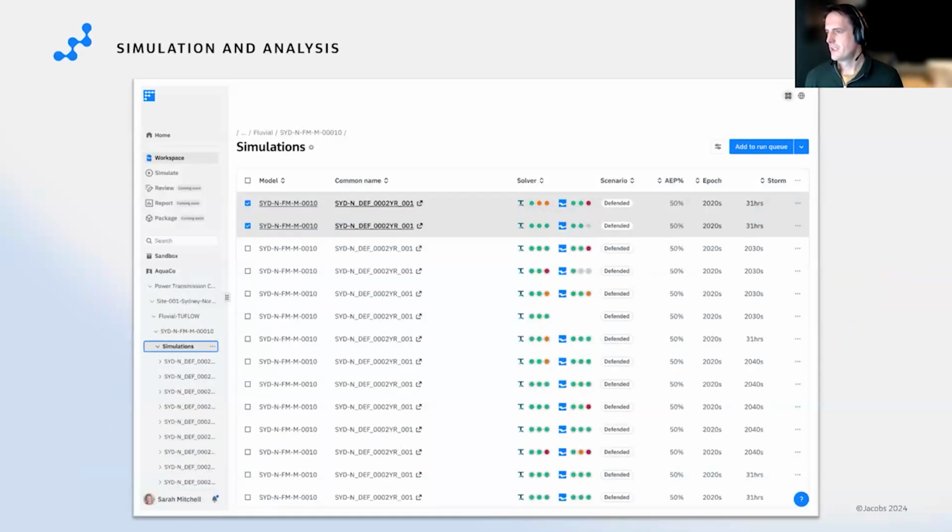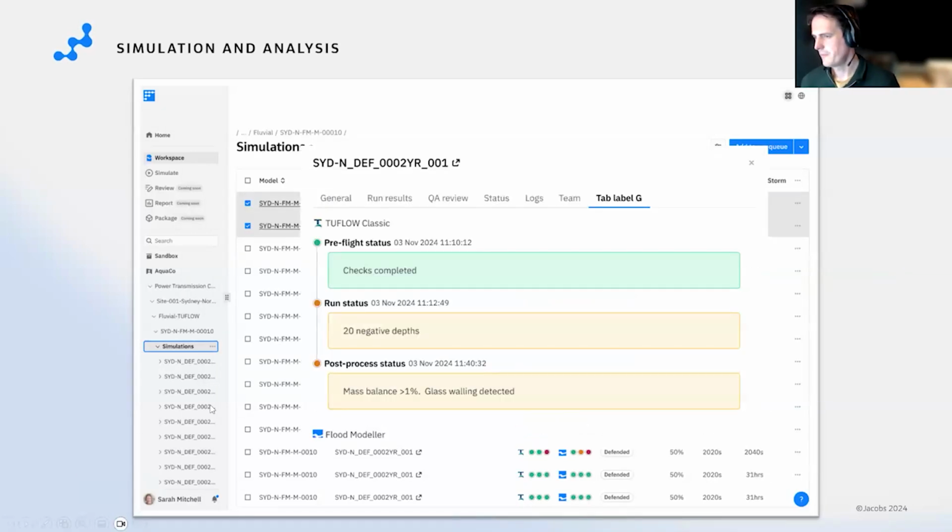What we're looking at for every single simulation is we'll run what we're calling pre-flight, simulation, and post-flight checks. So before the model runs, it will be checked for common errors and mistakes. That could be things like very unusual Manning's values, missing data, mismatches in input data between simulations. And what you can do on each simulation is see the status of those pre-flight checks. So they've been completed, have they been passed? The ones that haven't passed, what's the problem?